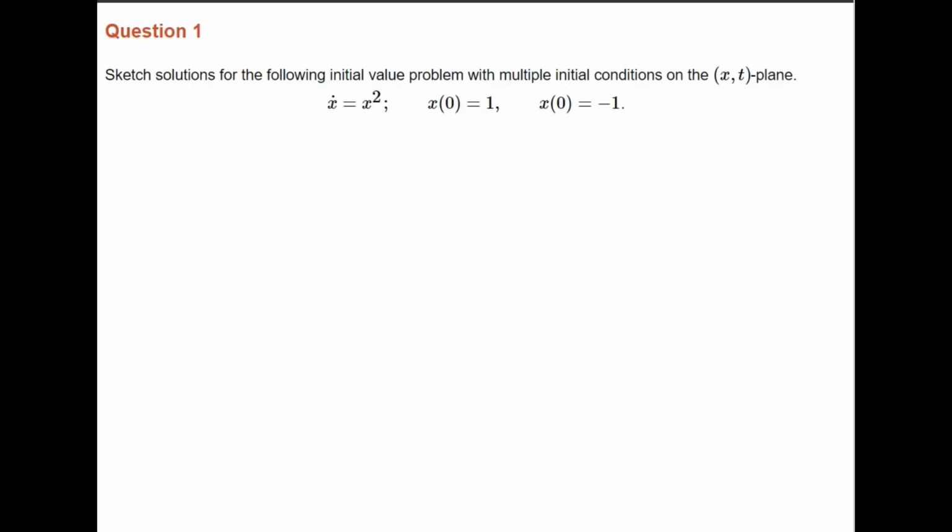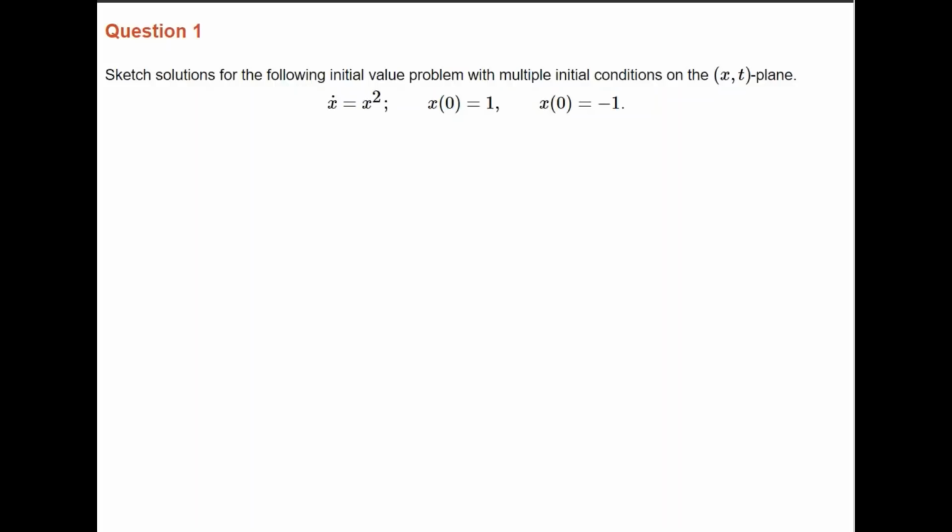We're interested in sketching solutions of a very simple differential equation, x dot equals x squared, which means dx/dt equals x squared, with two different initial conditions, one with x of 0 equal to 1 and the other with x of 0 equal to minus 1. This means that